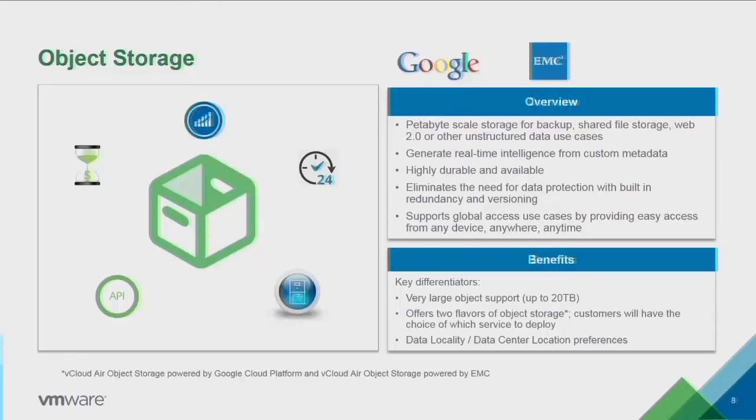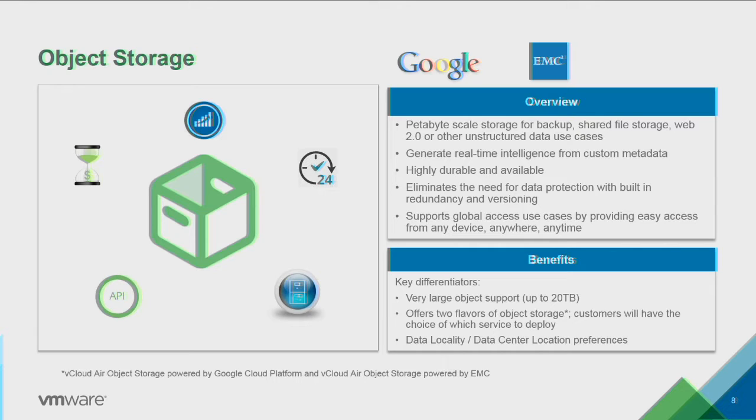On the object store, I'll touch on a few things. We have two offerings here. We have an offering from Google, which we're reselling. And it's really driven by the fact that they are the price leader. So if you're looking for a pure play, just price is your primary driver, Google provides you the best price point out there. It's a utility service. Think about that, a utility in the cloud that you can tap for persistent object store, usually developer-driven for web logs, web analytics. Those are the typical use cases, whereas the EMC Viper service is much more geared towards larger